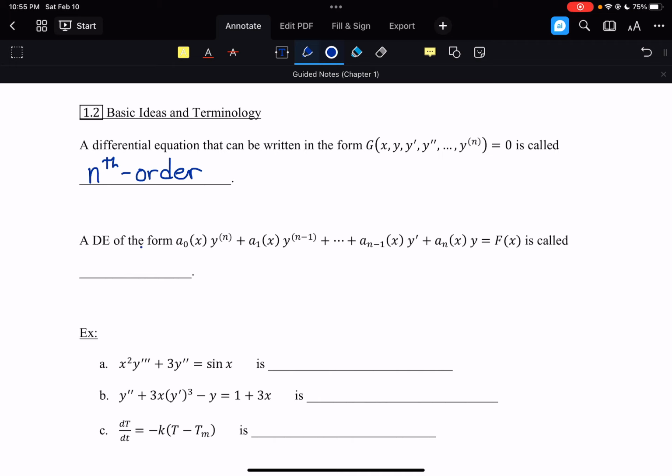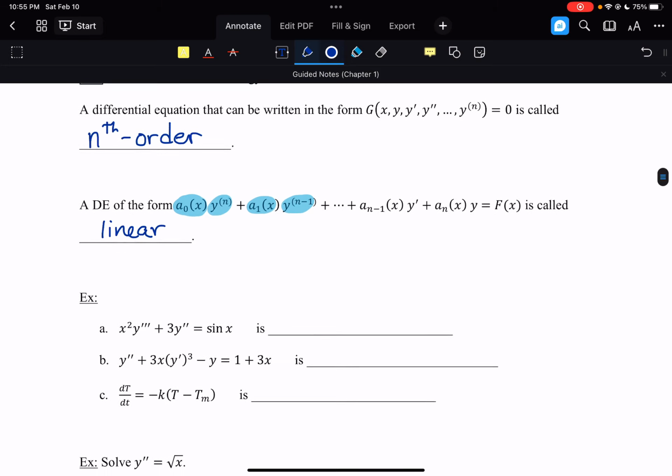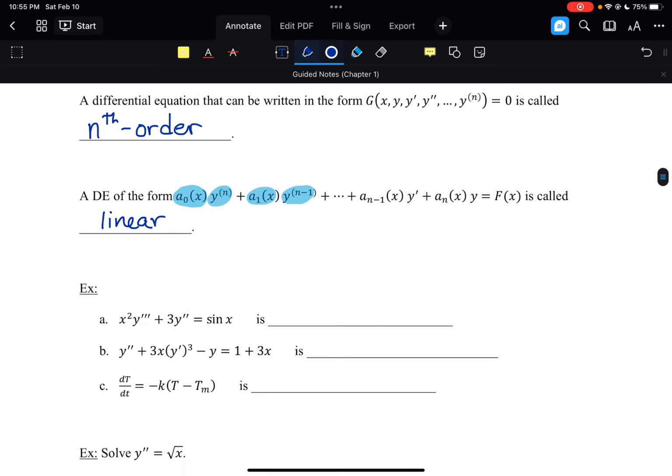A differential equation of this form, so you've got a coefficient function here on the nth derivative, another function on the n-1 derivative, etc., is called linear. And we will be working a lot with linear differential equations. So, for example,